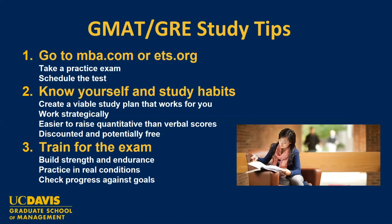Generally speaking, it's easier to improve your quantitative skills and raise your quantitative score than it is to do your verbal scores. For both the GMAT and the GRE, you're essentially being tested on 10th grade math. A lot of people think it includes things like calculus, which can be a little frightening for some people, but it really is just 10th grade math that you're being asked to do. So it is somewhat more straightforward to increase your skills in that area and demonstrate your proficiency through the online